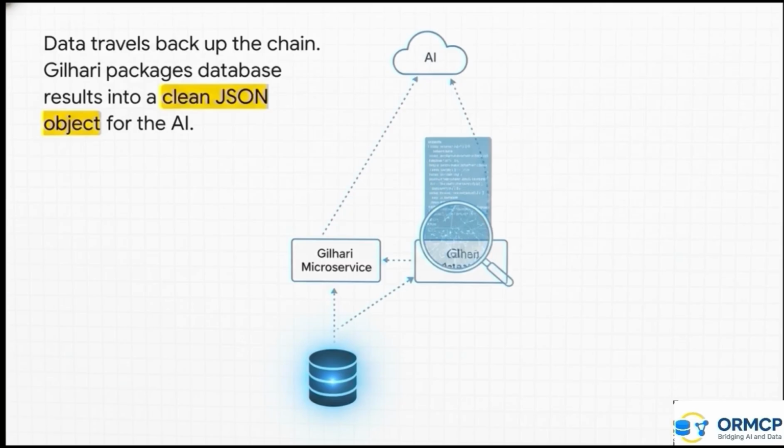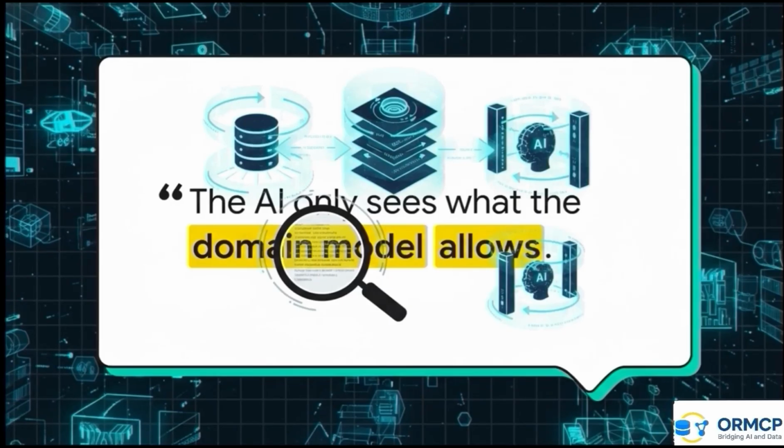the same chain. Gilhari grabs the data and packages it into this beautiful, clean JSON object. That gets passed back to the ORCNP server and then finally to the AI. The AI doesn't have to struggle with parsing weird database tables. It just gets a simple, ready-to-use object like this. Easy. Okay, let's switch gears and talk about what is arguably the single most important feature of this entire blueprint: